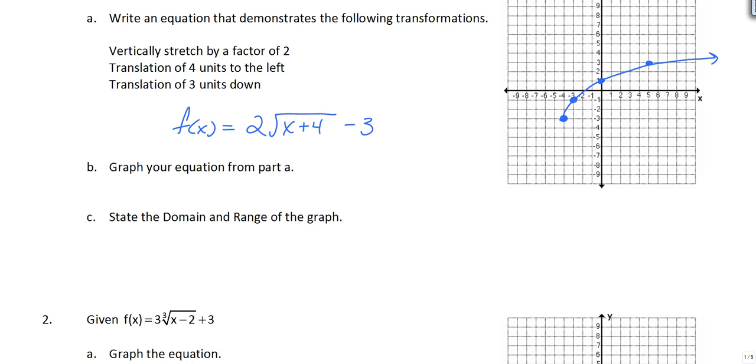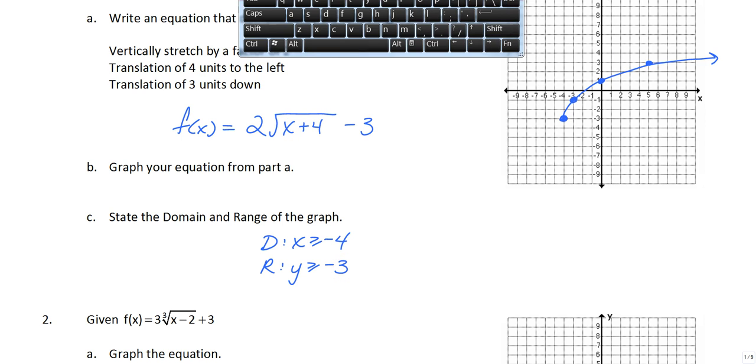So now we're just going to state the domain and the range. So the domain, remember, is x. X never goes past -4. So our domain is x has to be greater than or equal to -4. Our range is our y value. And we notice our y never goes below -3. So y has to be greater than or equal to -3. That's it for the first one. Next question